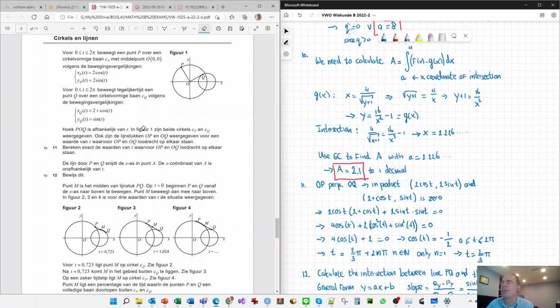Well, I guess it's just brute force: calculating OP and OQ, the expressions for the line, or just a vector,